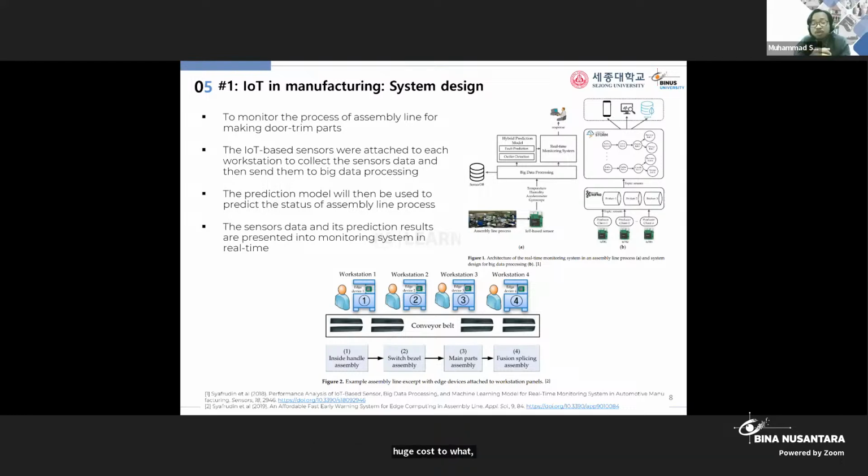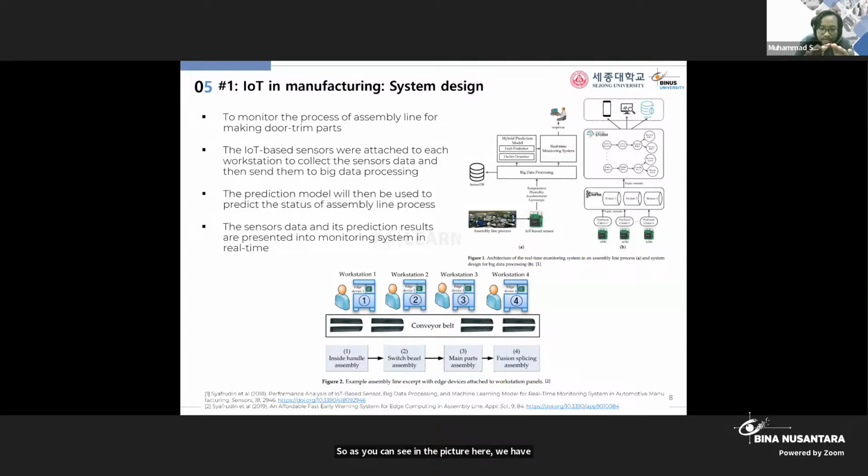So we would like to monitor each of the steps, and in this case, we also try to implement an AI model in the analyzing part, so that all of this monitoring process can be done in real time and automatically. First, we implement it by adapting some IoT devices. In this case, we use Raspberry Pi, and we also incorporate some sensors. As you can see in the picture here,